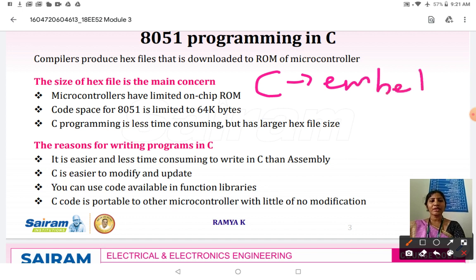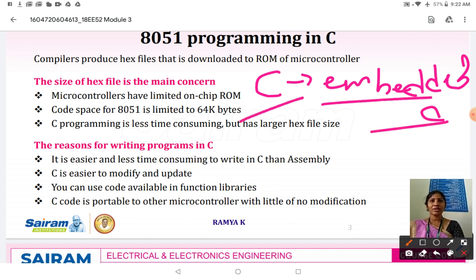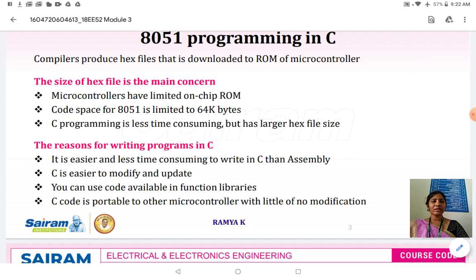Whatever syntax we are using in embedded C, most of it is similar to that of C. For example, you have a main function, which is similar in embedded C as well as in C. Variable definition, data type declaration, conditional statements like if case, switch case, while, loops, for, functions, arrays and strings, bit operation, macros, etc. So whatever we are using in C.